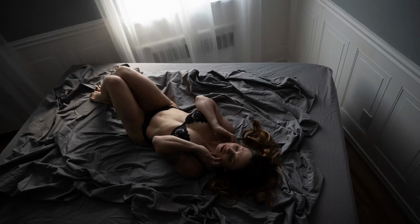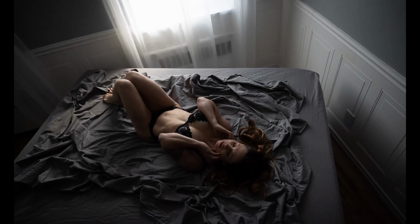in this video we're going to tackle the topic of natural light versus flash for boudoir photography. Which is better? Is one better than the other? Most boudoir is shot using natural light. However, there are some boudoir photographers out there, myself included, who primarily use flash. Maybe you shoot both. However, whichever camp you fall into, there are pros and cons to both that you should